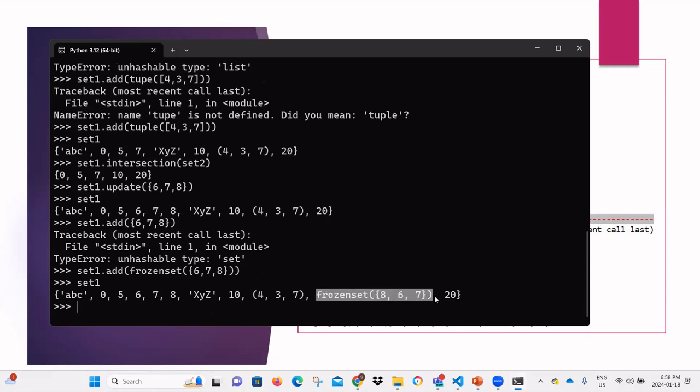So if I try to print it, I will see that it is a frozenset. It didn't just use the curly brackets, because the curly brackets may indicate that it is a set. It is a frozenset. Okay,